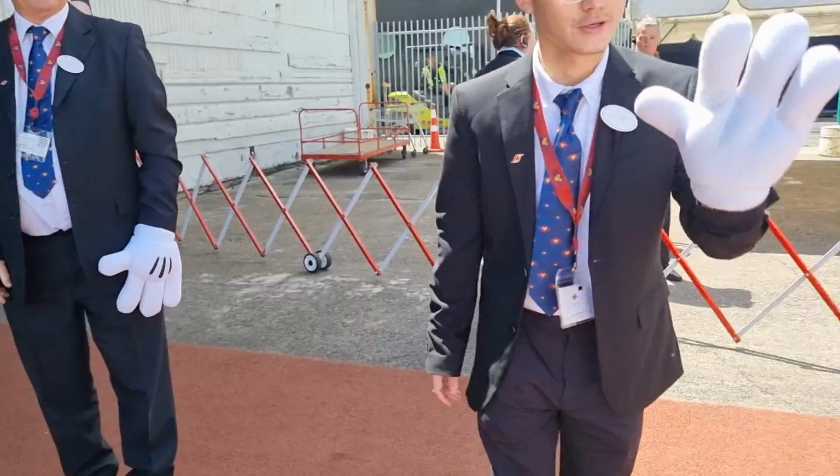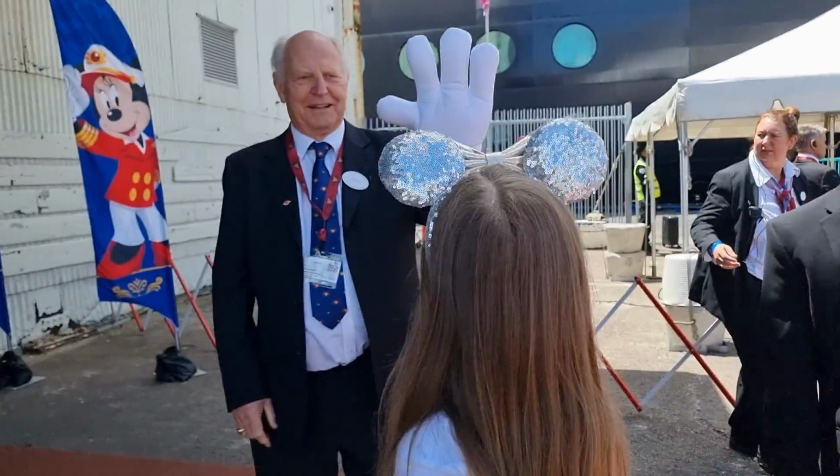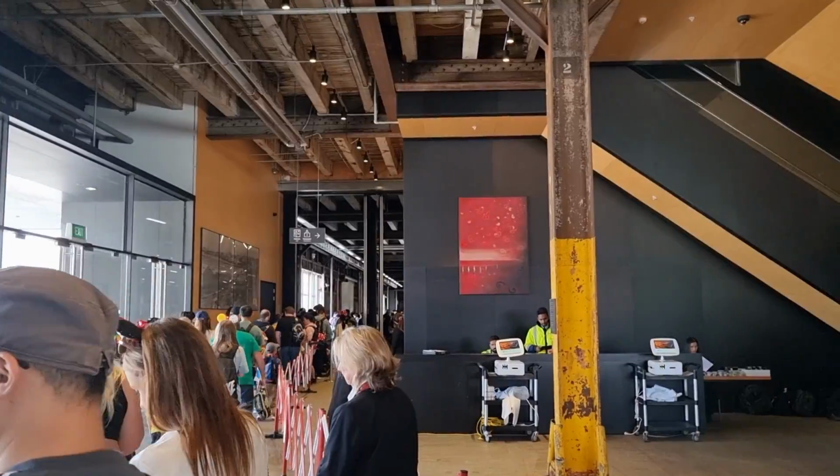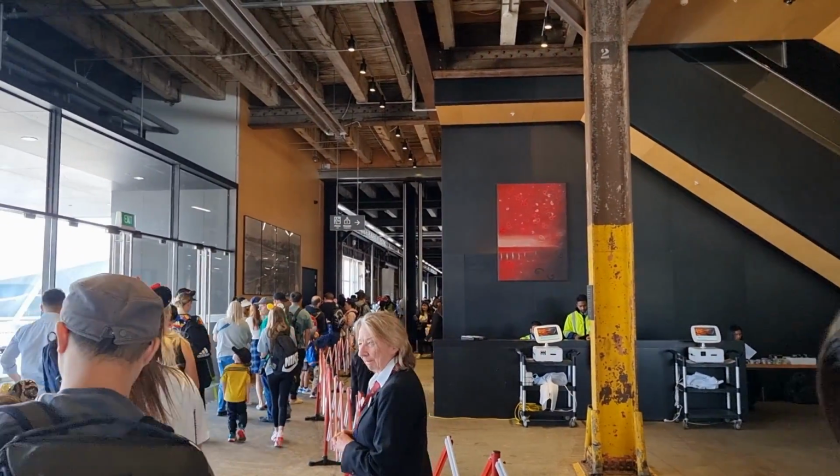So they had a waiting area for people who were getting close to their boarding time, and there was a person who would come around and call out if you were a certain time zone for you to be able to go in and check in. And so when we were able to go in, there were quite a few different queues that we had to queue for, and loads of checking of our IDs,